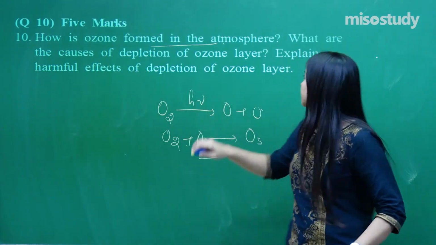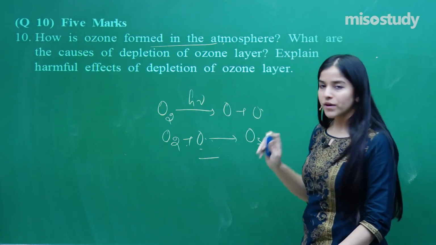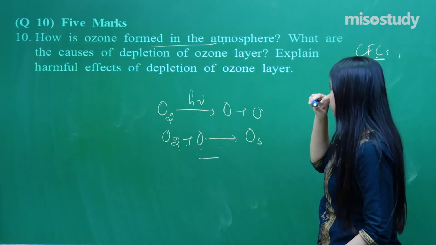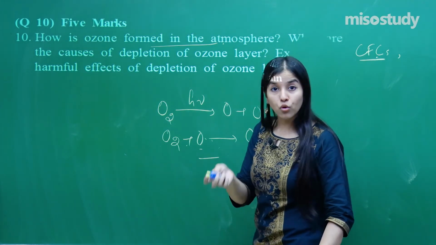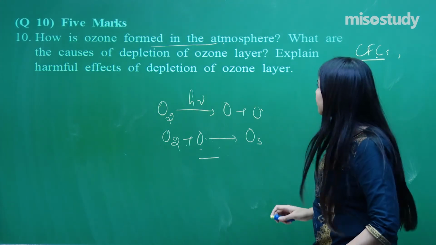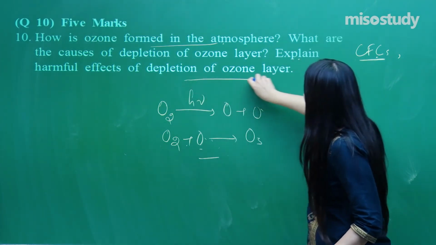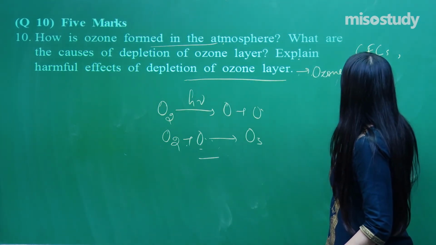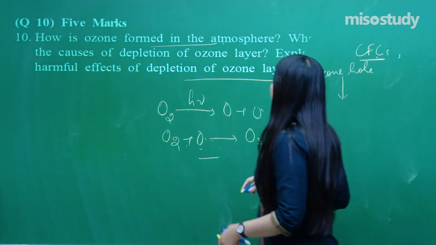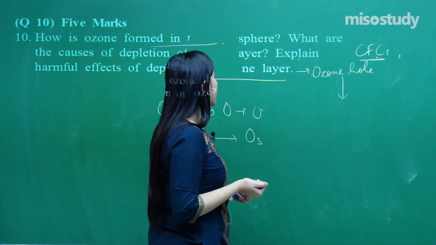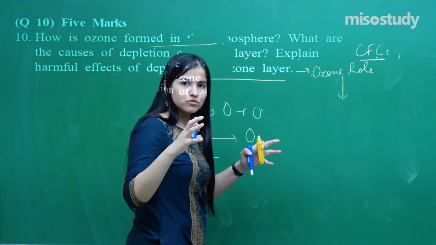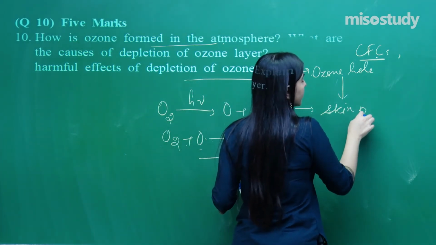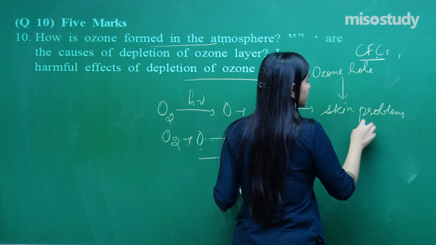Clear? What are the causes of depletion? We know CFCs, right? What are the other causes of depletion of it? That is the ozone hole which is getting created. You can tell about that. Explain the harmful effects of the depletion of ozone layer. Due to this ozone hole which is getting created, and the depletion of the ozone layer, there are so many skin problems arising, right? Major is skin cancer,